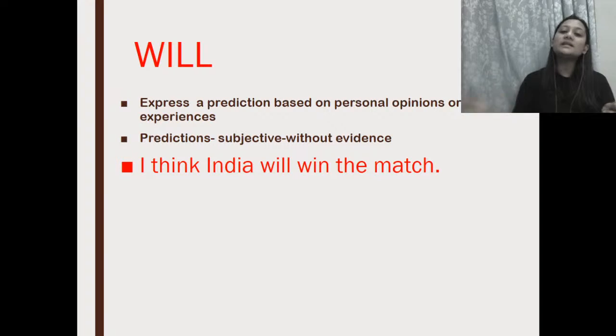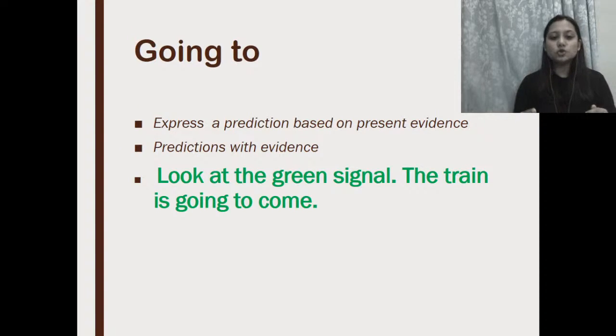But India will win the match is like your own idea, your own perception, your own views. All right, but going to बात करता है एविडेंस पे या प्रिडिक्शंस जो कि हम एविडेंस के बेसिस पे बना लेते हैं, राइट. I have used the green signal वाला example कुछ देर पहले ही, right. So look at that green signal. The train is going to come, right? तो हम एक प्रिडिक्शन के बारे में बात कर रहे हैं और यहाँ पे भी प्रिडिक्शन हो रहा है